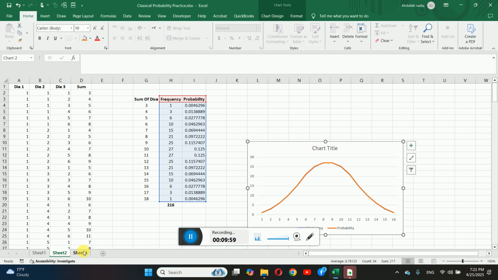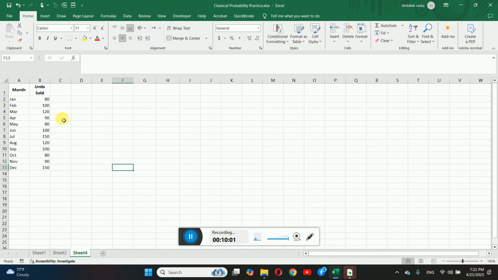Okay, we have one more example related to a business. For example, these are different months you have randomly selected, and this is just the amount of units sold in a business. Now you just try to know what is the probability of different number of units sold in a different number of months. So for this purpose, first just select this column, copy this column and click here,